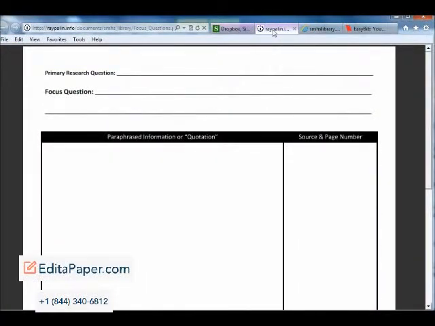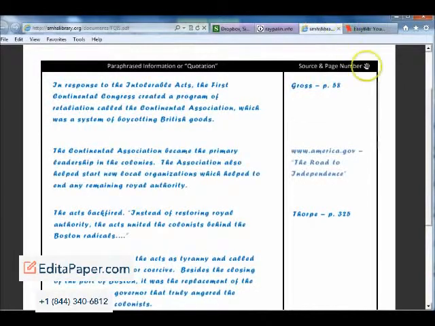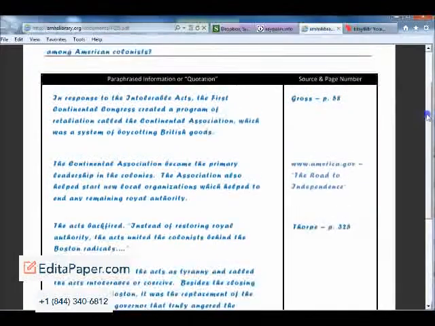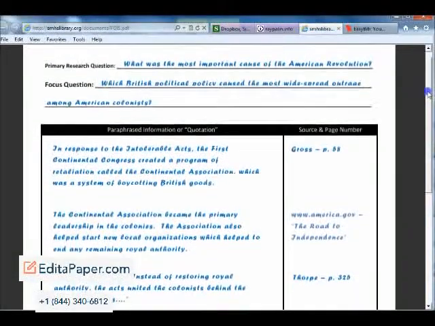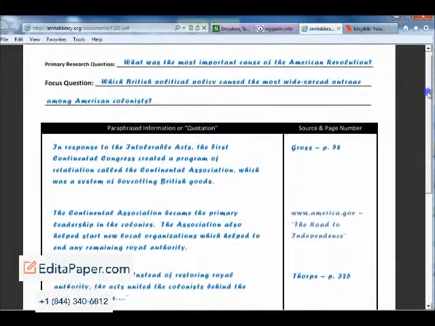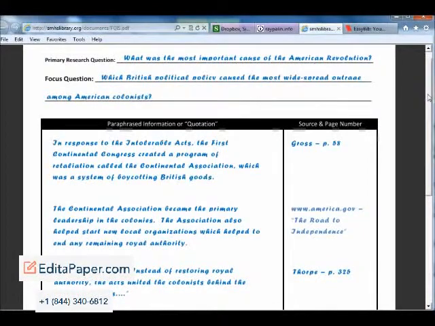Here's a blank info sheet. And here's an example of note-taking completed on a focus question information sheet. I will review this example in order to show the basics of what teachers expect. At the top of this info sheet, you should write out your primary research question. Beneath that, you write out the specific focus question you are researching. You can see that the words focus question are enlarged, which indicates that the focus question is the focus of